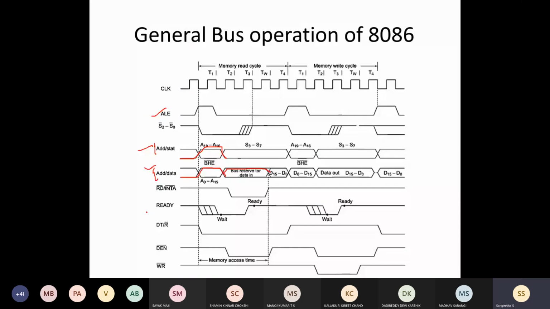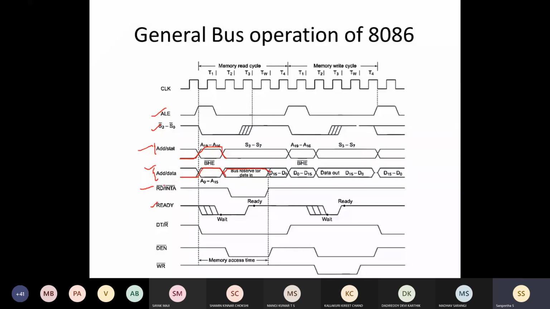Next, coming to READY. I told you certain IO devices are very slow. That's why it will wait for the first half, and during the wait period, it will be very slow. And after that, it will start to make ready. It will be the same for read operation as well as for write operation. So initially, it will be in a waiting process. It will take some time because your processor is fast, other devices are slow. It requires some waiting period, and after your T3, between your T3 and T4, it will start to enable.